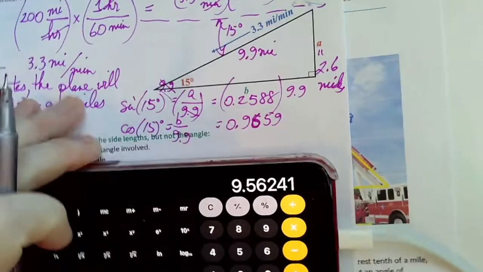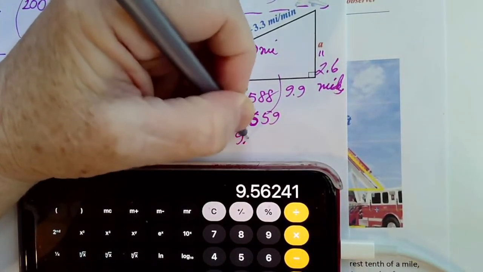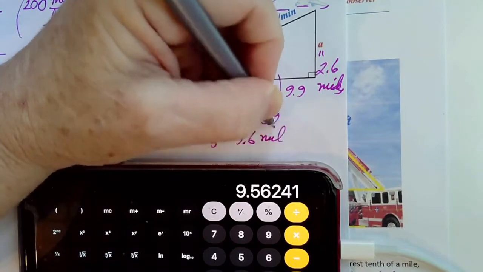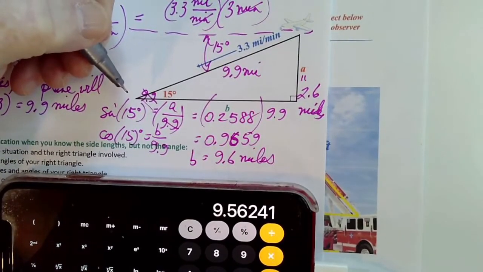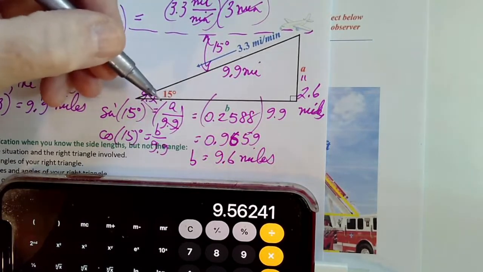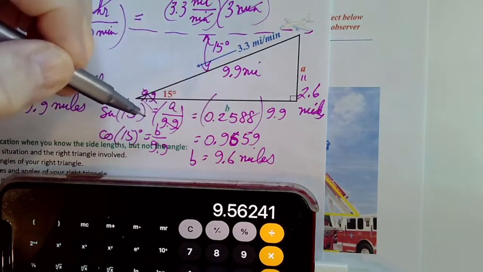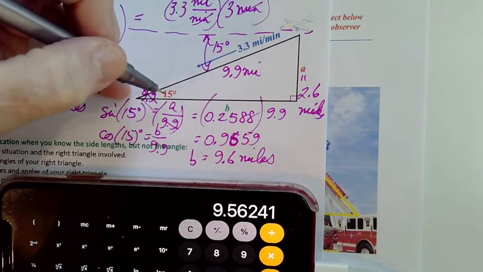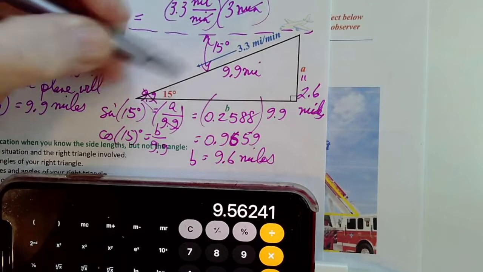So the plane goes 9.6 miles horizontally. So we were able to take the cosine of 15 degrees times the hypotenuse and get the horizontal distance, and we were able to take the sine of 15 degrees times the hypotenuse to get the vertical